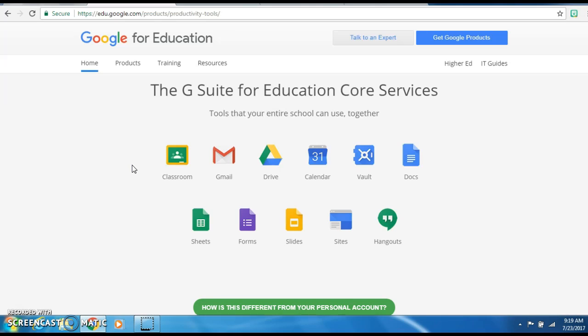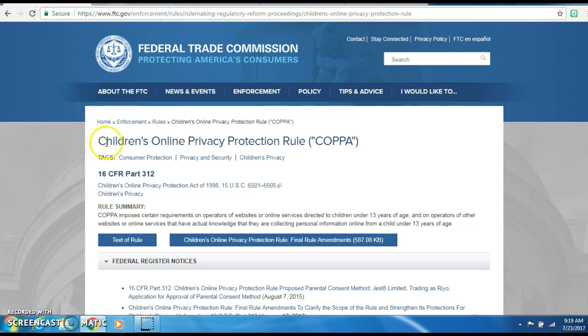When I first started my Fort Hays State University coursework, I was so excited about using the Google Communities that I wanted to set that up immediately for my own classroom. I had built quite a nice Google community and shortly after found that I was unable to use that with my students at school. The reason for that is, according to the Children's Online Privacy Protection Rule, COPPA,